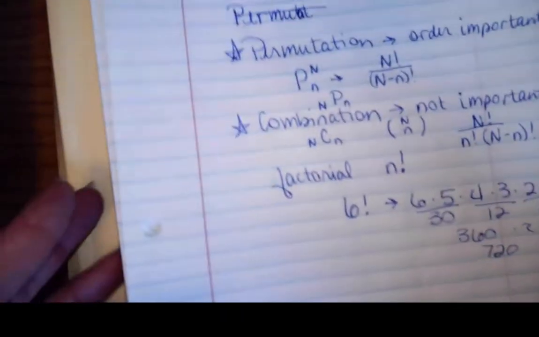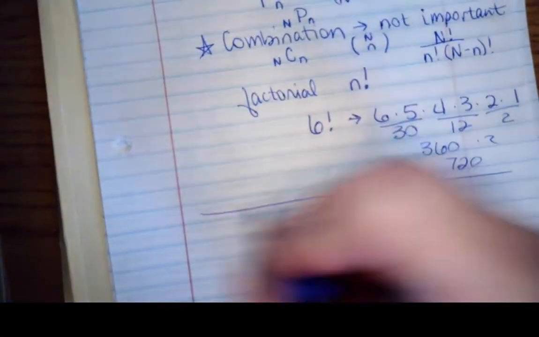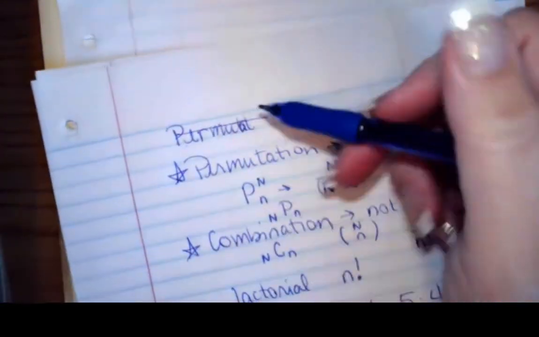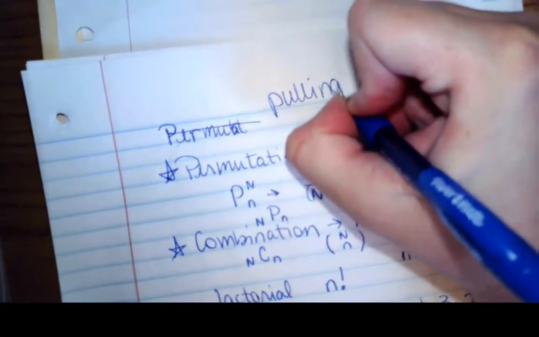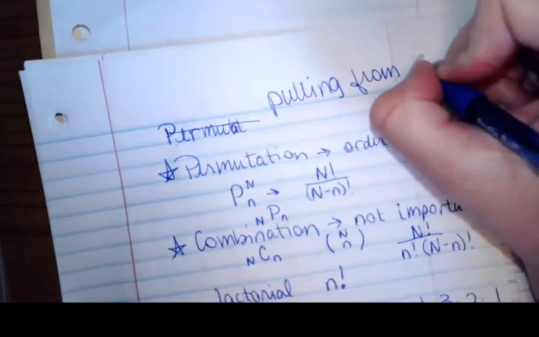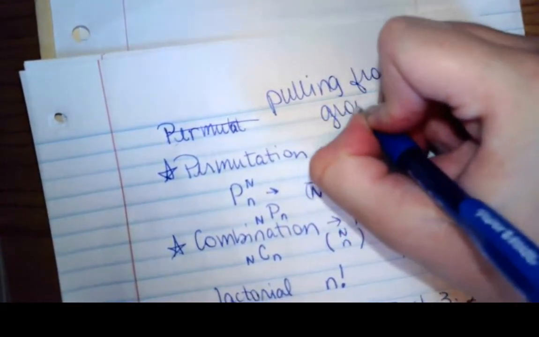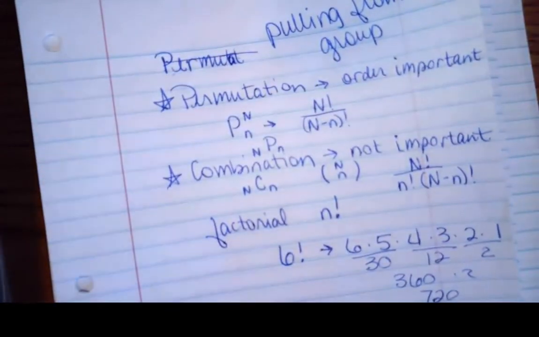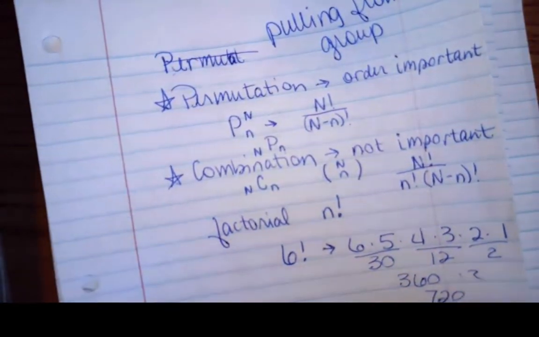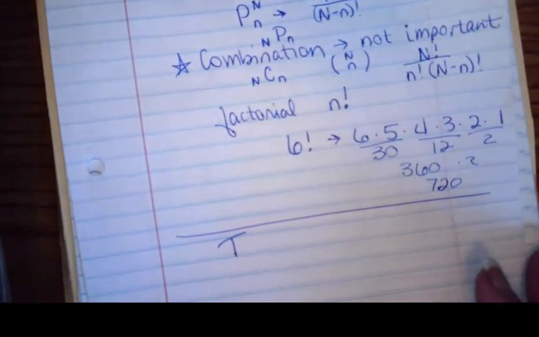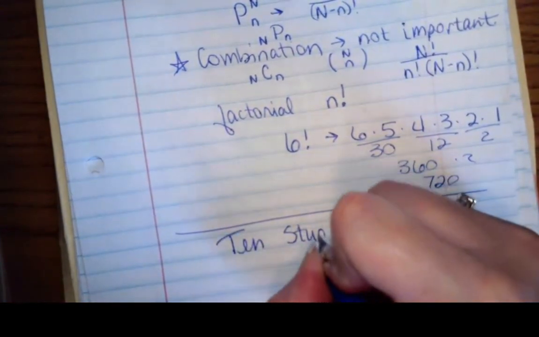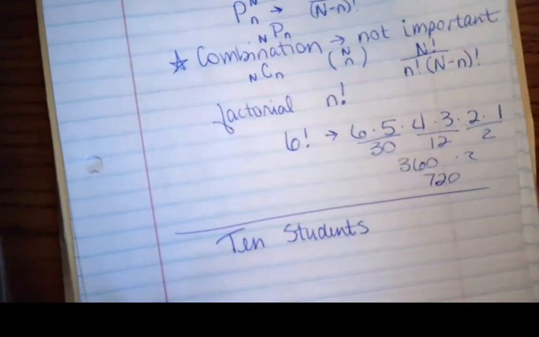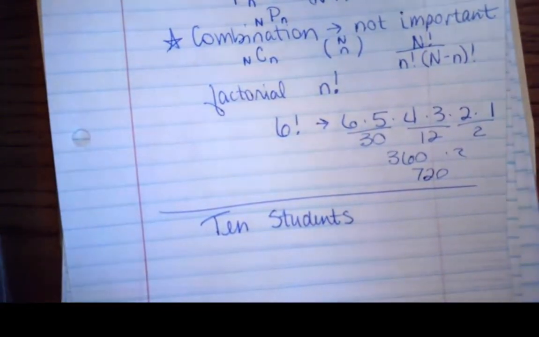Let's talk about students. So let's pretend for a second that I've got 10 students. Remember, with permutations and combinations, I am pulling from a group. For both permutations and combinations, I'm pulling from a group. So what I have then is I'm going to use 10 students. Let's just say my enrollment is 10 students, and the first 3 that walk in the room, I'm going to